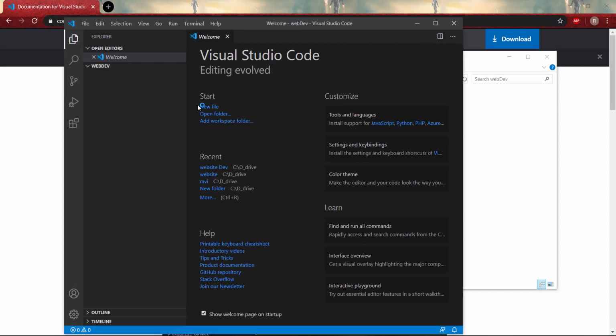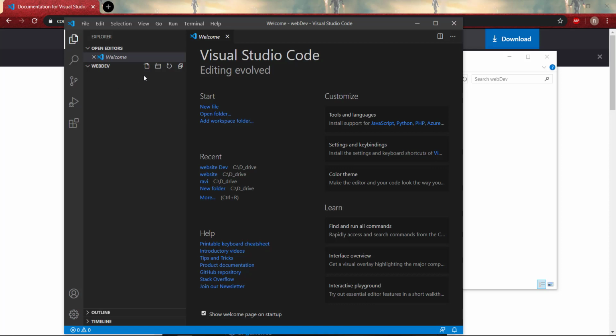So at the first time you will see something like this, and here you can see the name is shown the same as the folder name. So whatever project, whatever file we are going to write, it will be saved in that folder.